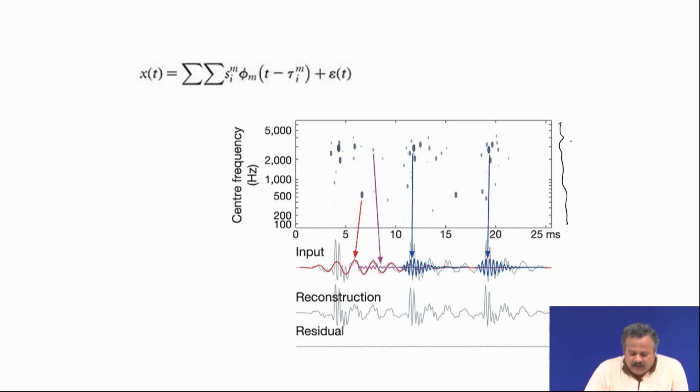Each of the acoustic features that were obtained, let us say this particular feature that has occurred at this particular time, is a low frequency feature which is represented by this red kernel, and that kernel has a center frequency. That is, if you take the Fourier transform of that kernel, then it has a peak frequency,